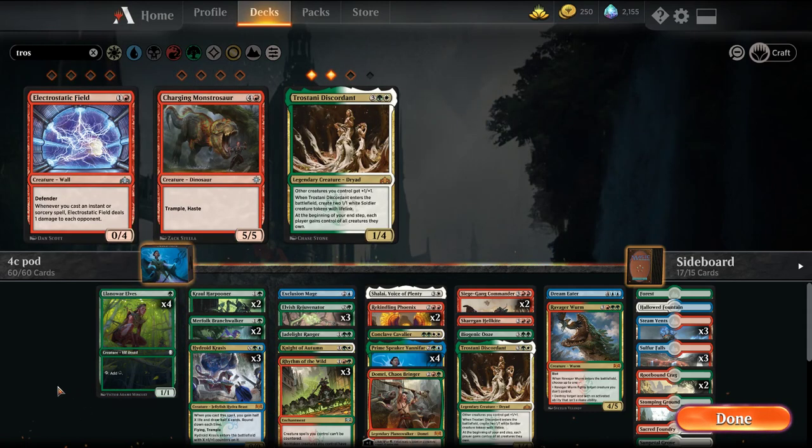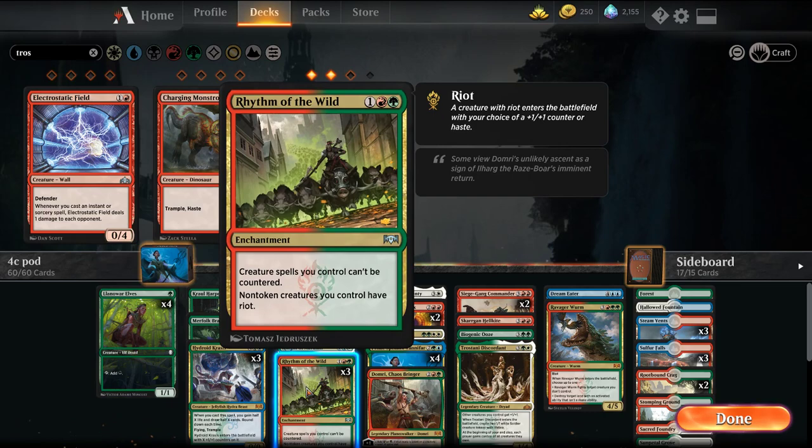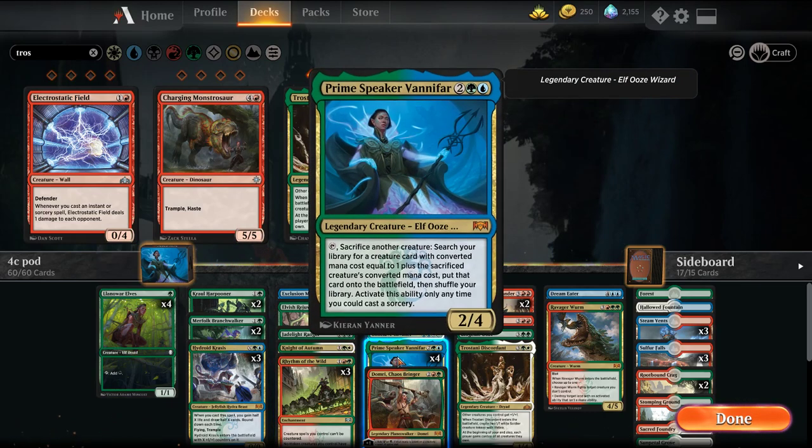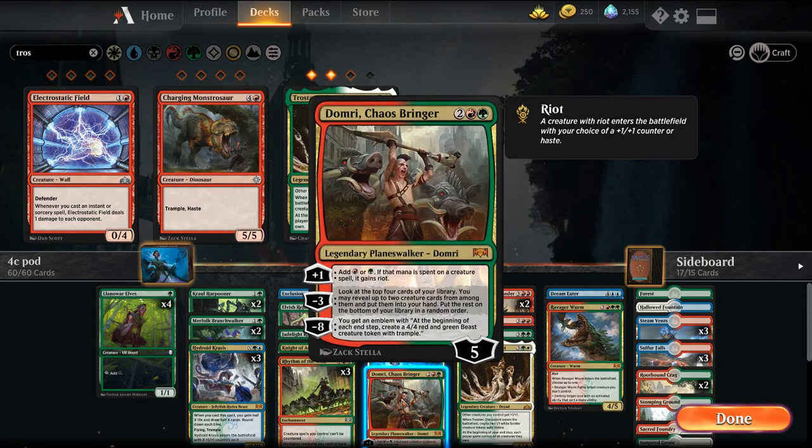So from the last video, the deck was pretty similar for a lot of the key stuff. We're looking to use Llanowar Elves to ramp out a Rhythm of the Wild on turn 2 ideally, and play Vannifar with haste on turn 3. We went down to 3 Rhythm of the Wilds to play 1 Domri. Want to try that out as she is giving Riot as well and can help us dig for some more